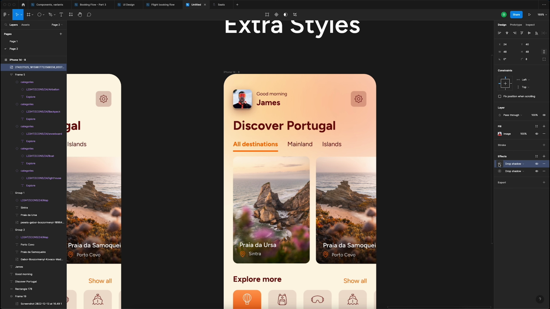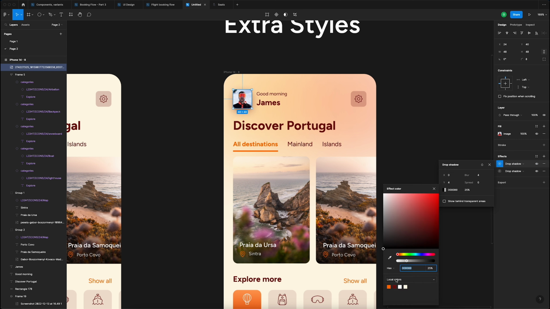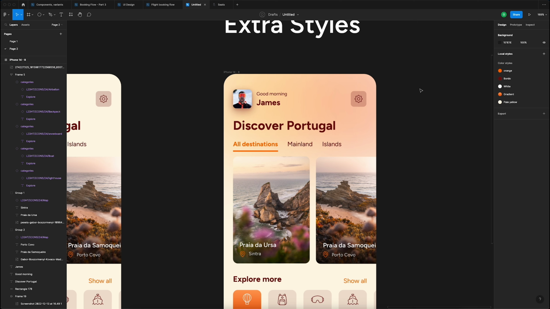Add another one that is going to be the same color. The blur is 8, the Y is 2, and let's say this is just 20%. Okay,